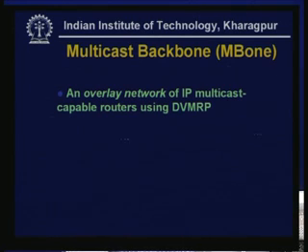So, what they did was they built up this multicast backbone, MBone, which is essentially an overlay network of IP multicast capable routers using DVMRP. So, it uses DVMRP and it is an overlay network of IP multicast capable routers. What does that mean? That means